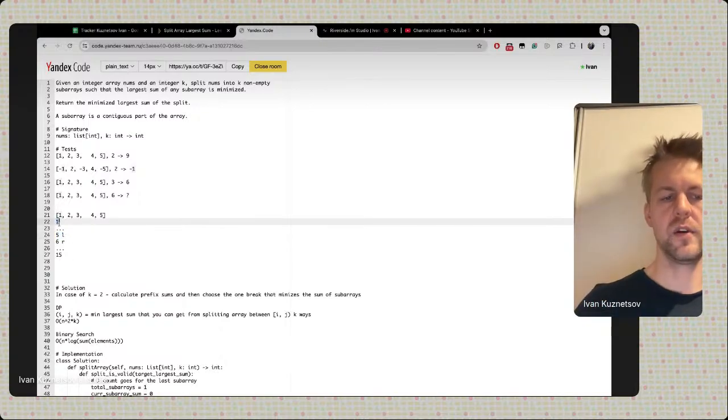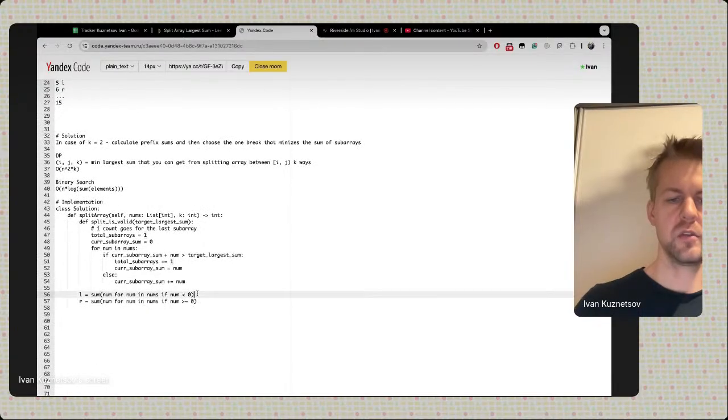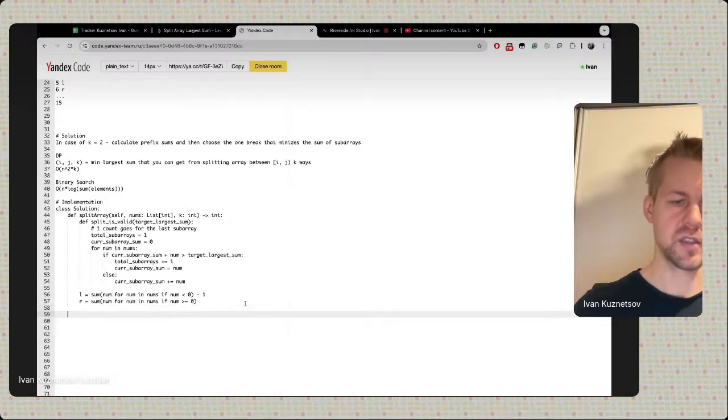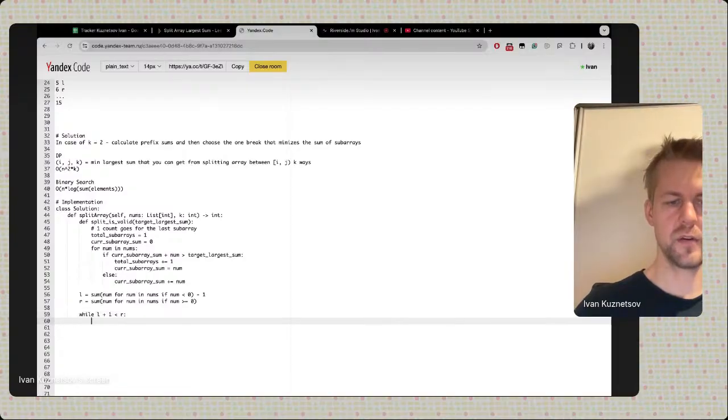Since 1 can theoretically be valid, we need to do it minus 1, so we make it invalid so that the invariant stands correctly. And then we do the binary search, while L plus 1 is smaller than R, so while they are not on the two closest points to each other,